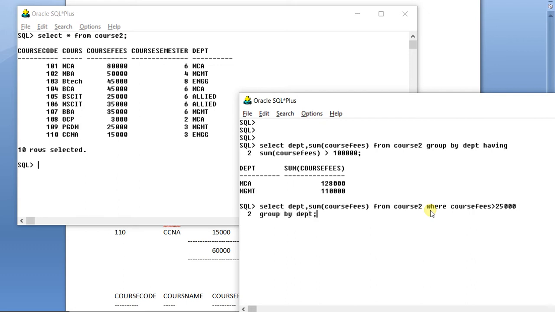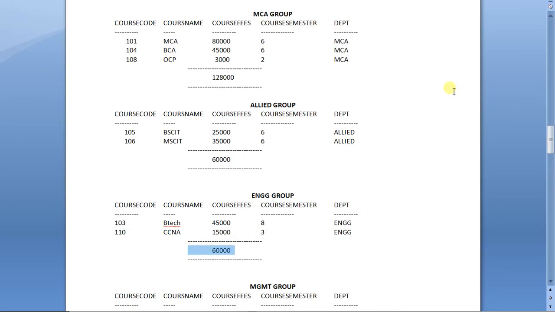Now what will happen? While making the group on the basis of department, Oracle will stop those records from going into the group where course fees is not more than 25,000.